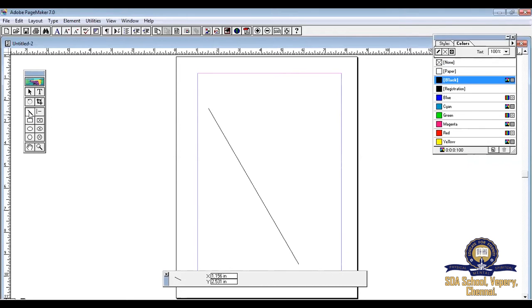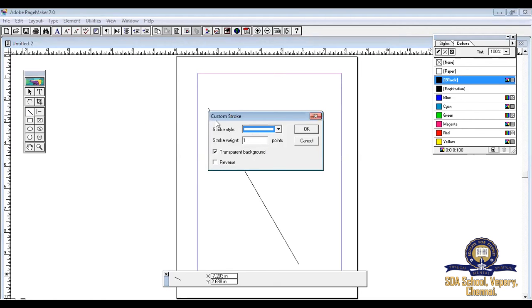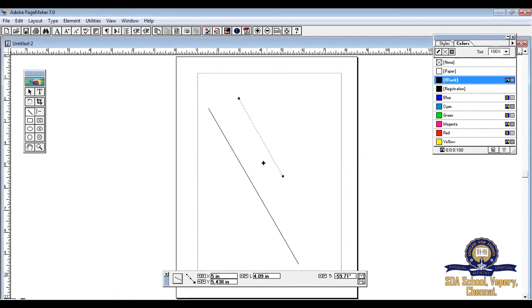Okay, wow. Even, you can draw spotted lines. Right? How to draw a spotted line? It's called dotted lines. How to draw that? Double click on this line tool. The Custom Stroke window comes on the screen. Select any one of the stroke styles you require. And then draw. Now you can see the difference between both the lines. Okay, wow. This is the way to draw your dotted lines on the screen.